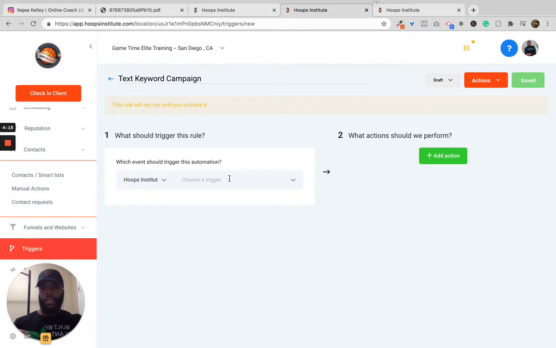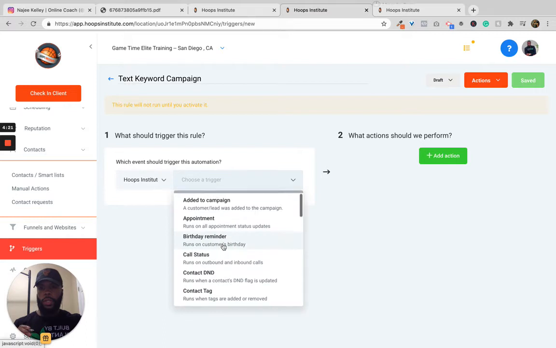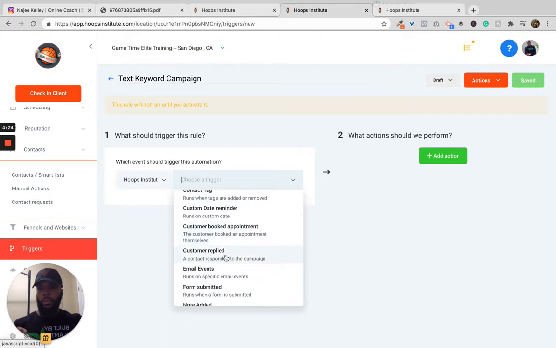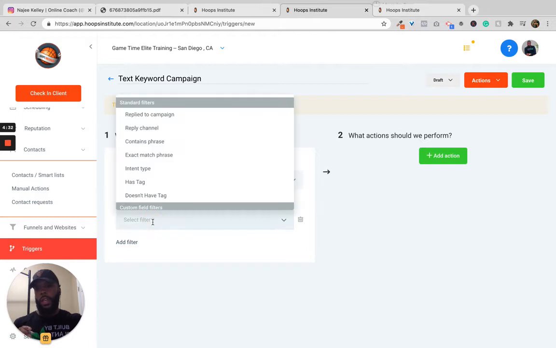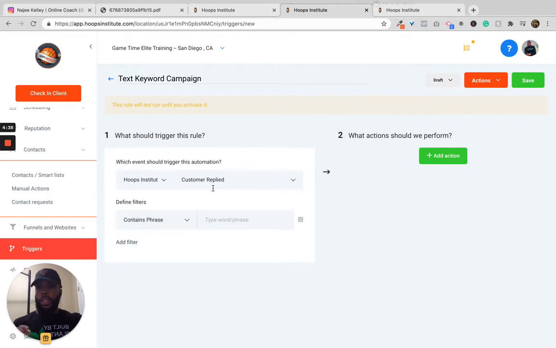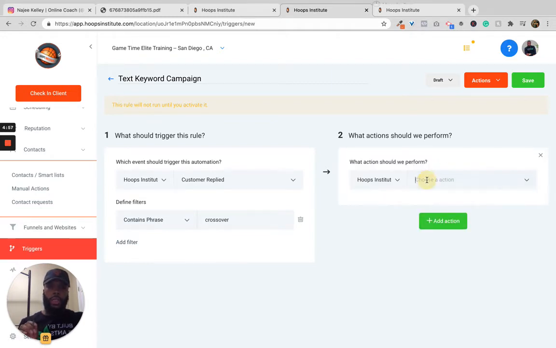What should trigger this automation? What I'm going to do is come down to customer replied, because that's what happens when a customer replies to my phone number. We're going to click on Add Filter to be more specific, and the filter we're going to choose is Contains Phrase. So when a customer replies, let's say we'll use crossover. That's going to be his keyword, and obviously we can change this toward his needs, but just so you all can see how it works. When a customer replies with the keyword crossover, the action I want you to take